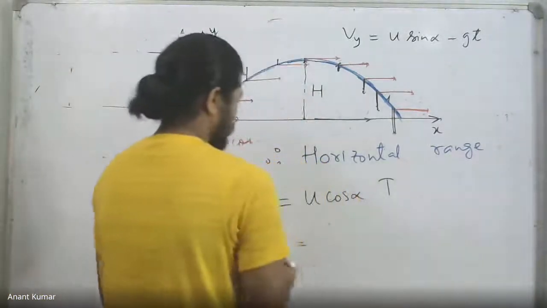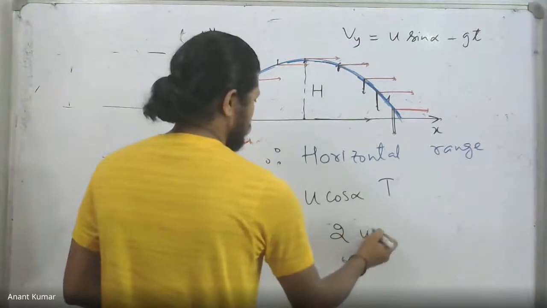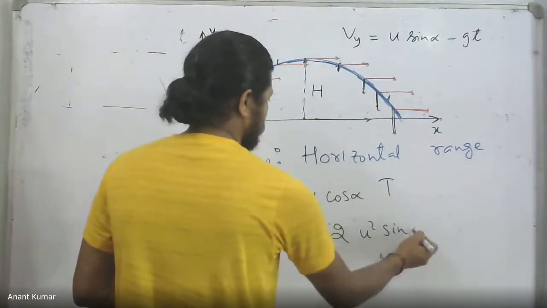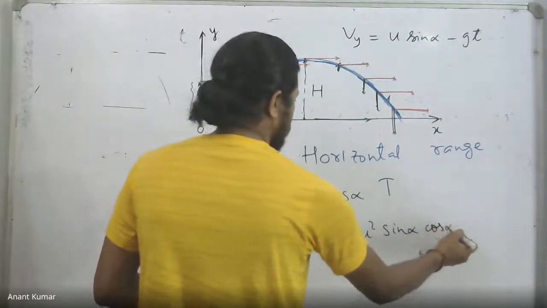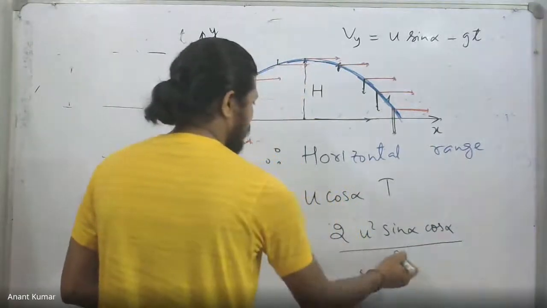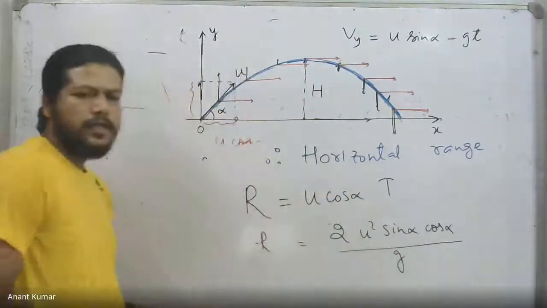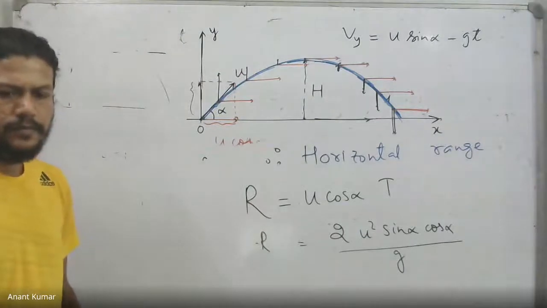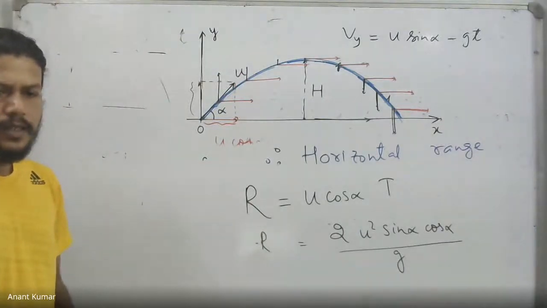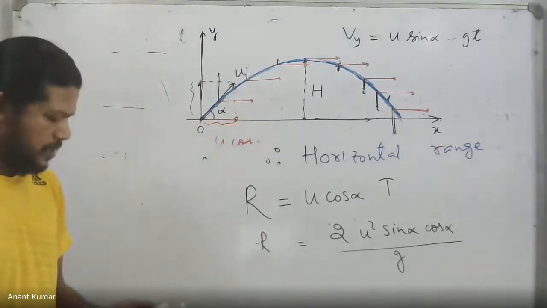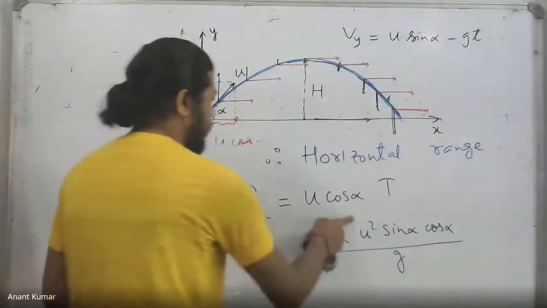Twice u square sine alpha cos alpha upon g. That is what we have in this case